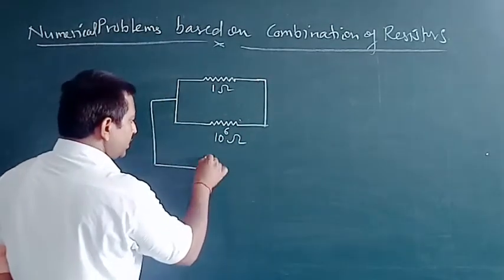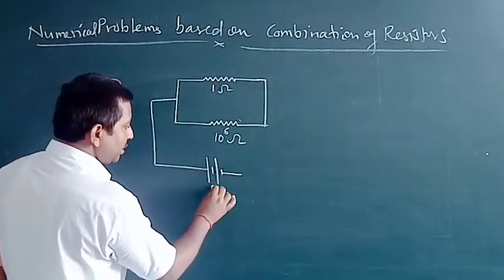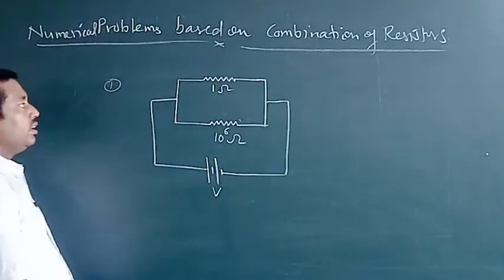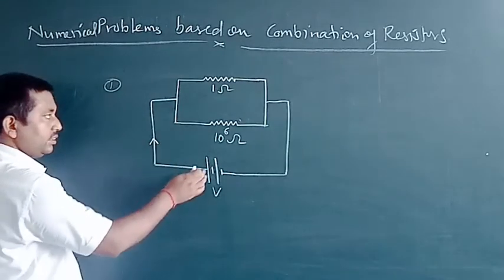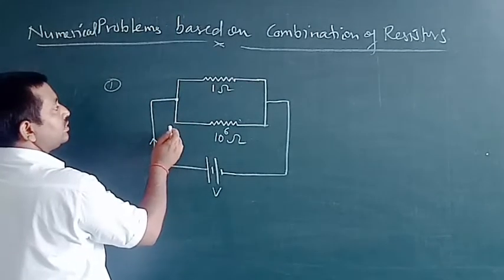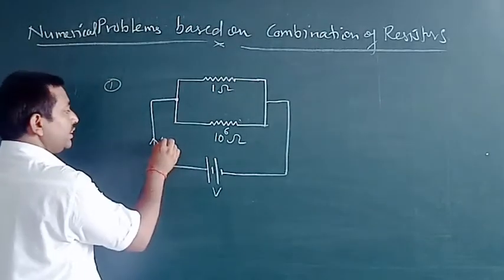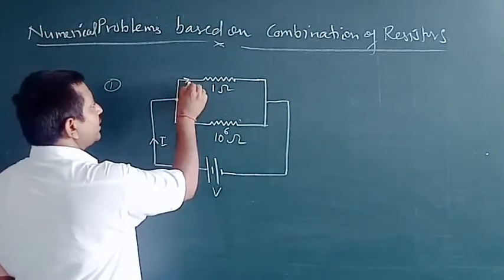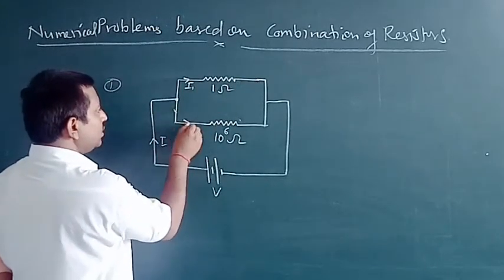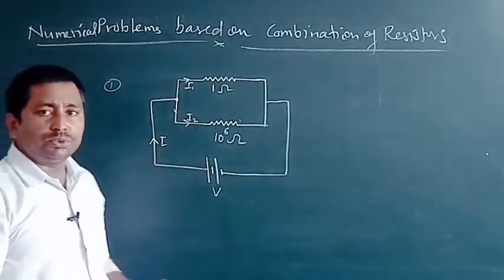For this, suppose that the parallel combination of these two resistors is connected externally via a battery of potential V. Then if there is a current flowing through the resistors from the battery, at this terminal there are two different paths for the current to flow. Suppose the total current is I, the current flowing through the 1 ohm resistor is I1 and that through the 10 to power 6 ohm resistor is I2. Then what will be the values of I1 and I2?